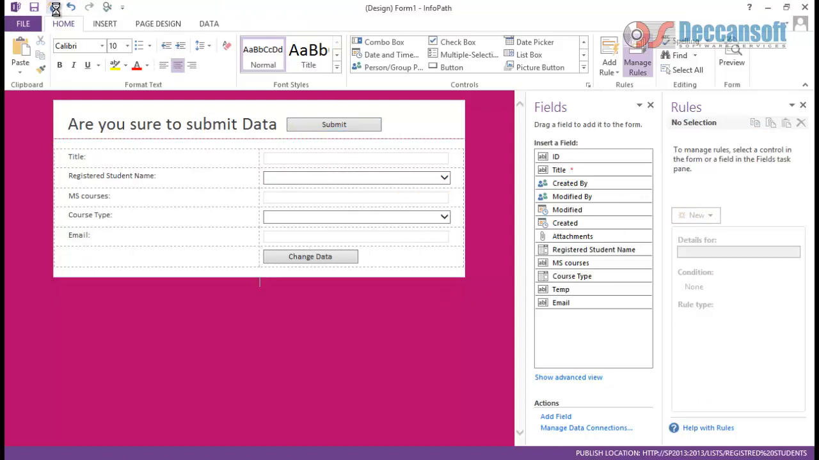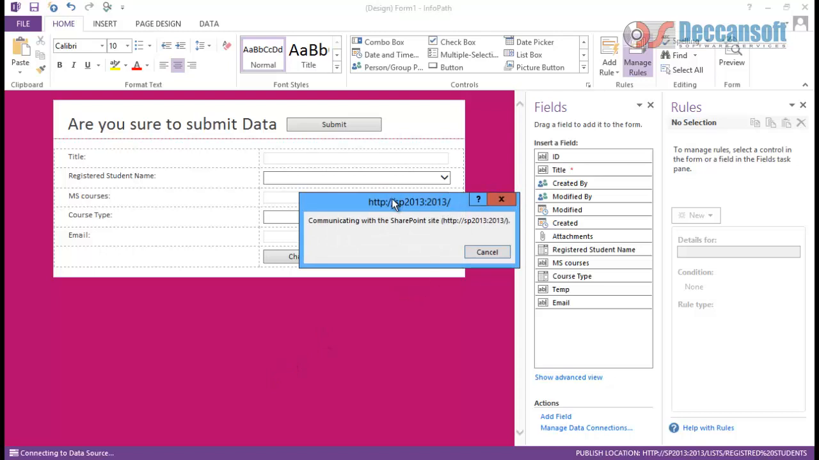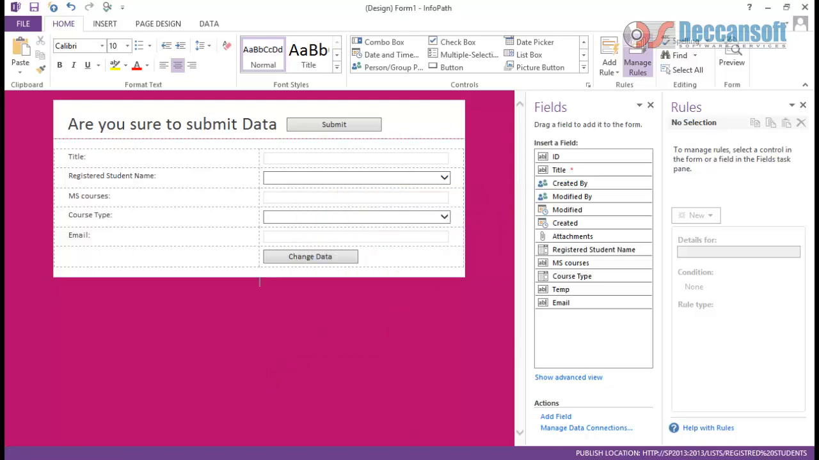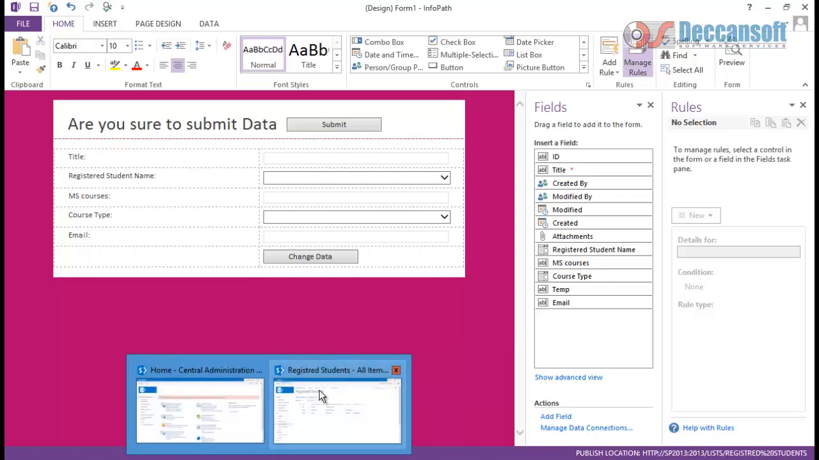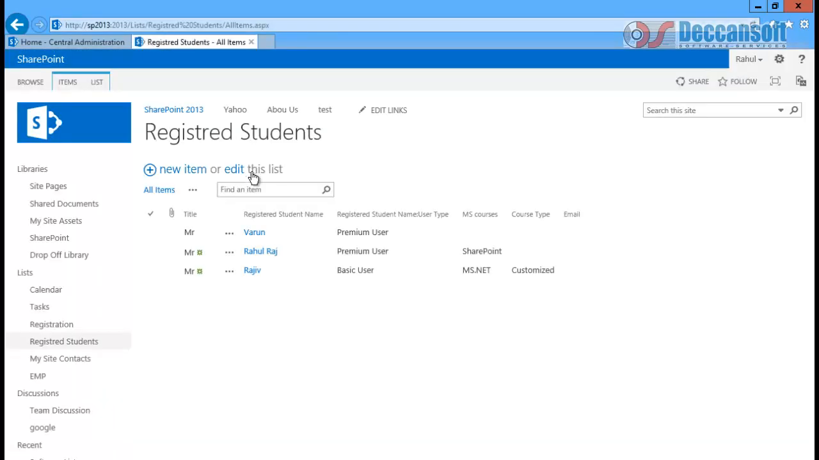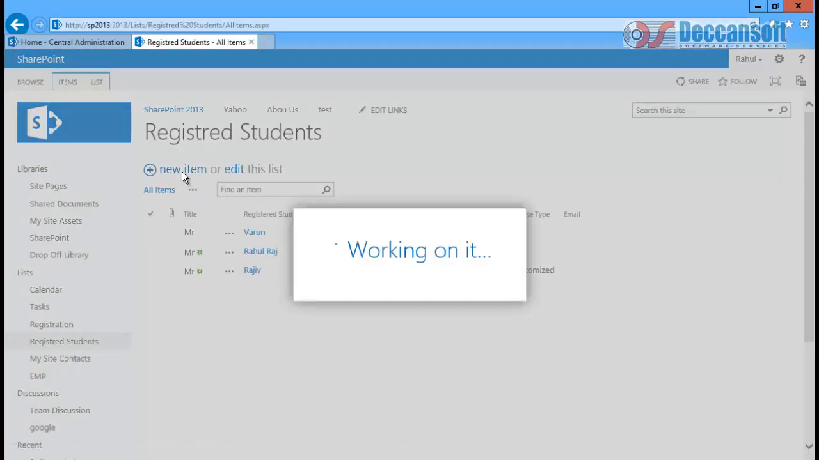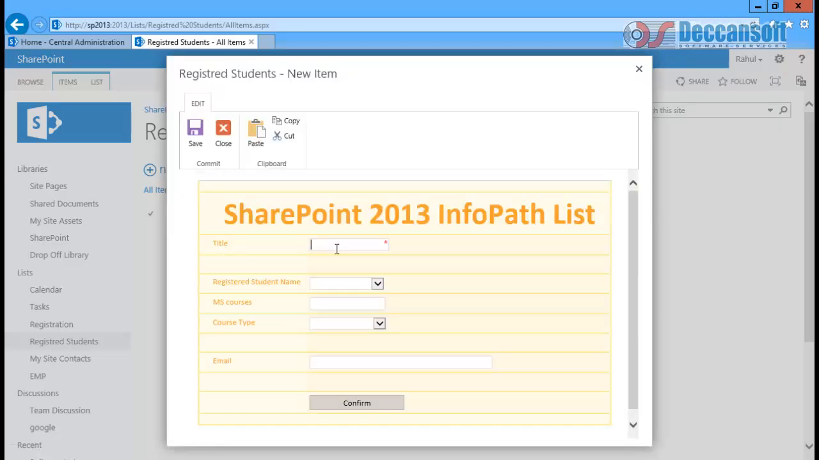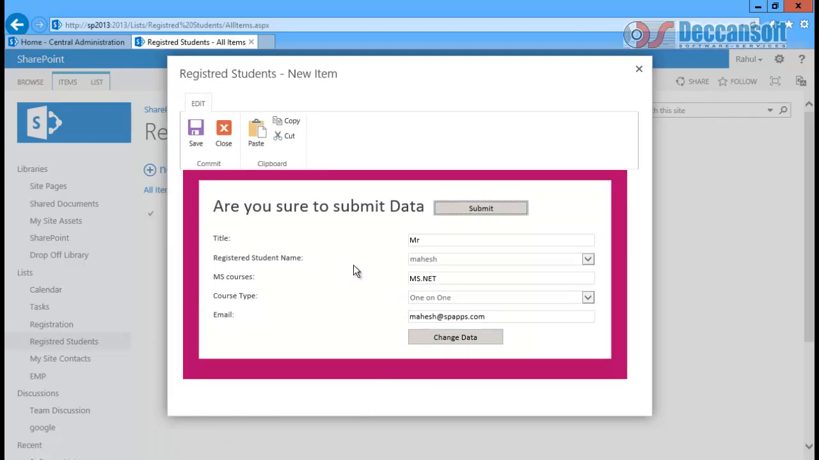Let's publish it again. Once it is published, we can have a look at our website. Click on OK. Back to the website. Let's refresh it. Take a new item. Courses and statement. So the moment I click on confirm here, the complete data of Mahesh is taken here,